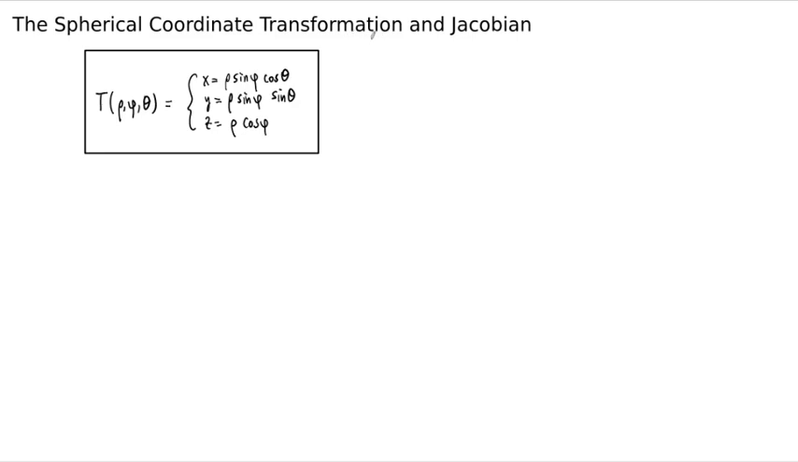Because, of course, if we're going to integrate anything in spherical coordinates, we're going to have to know how the volume element changes. Remember that the volume element in the xyz coordinates is going to equal the Jacobian of this transformation, rho phi theta, times the volume element in this rho